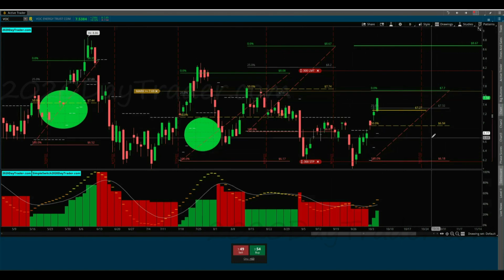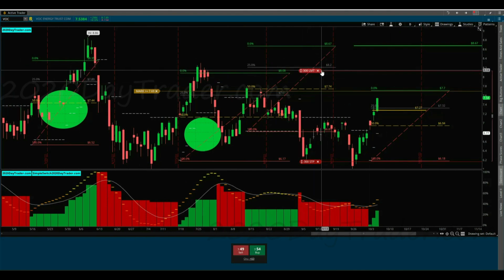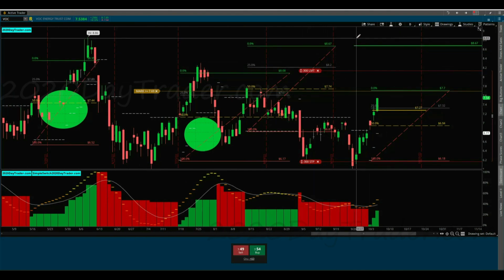I have to trade based on the probabilities here, based on what I'm trading against, my algo. But if it does keep on running, then I want to be able to give it a chance to do that. And then I'll be trailing my stop, but looking for a target up here. I'm not putting my exit price, my limit order, up here because I don't have a statistical proven probability of success that it's going to get there. And I want to base all my trades on a statistical proven probability of success. It's the only way I can make money in the market. The absolute only way. I have to have that.